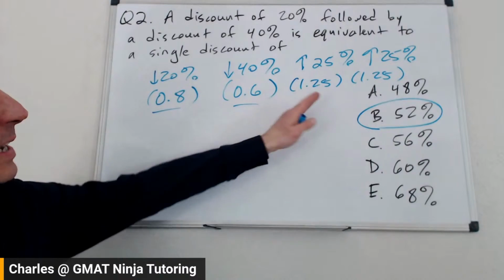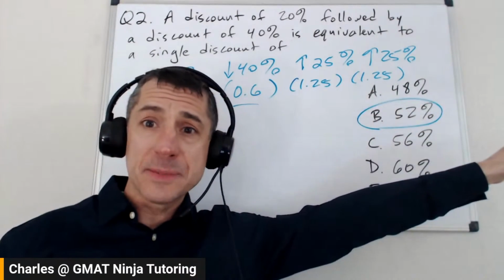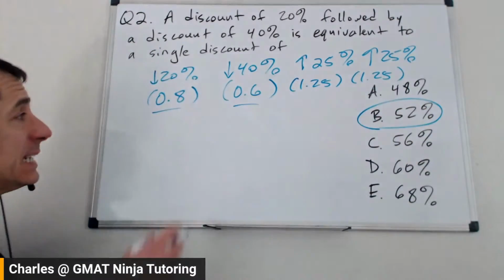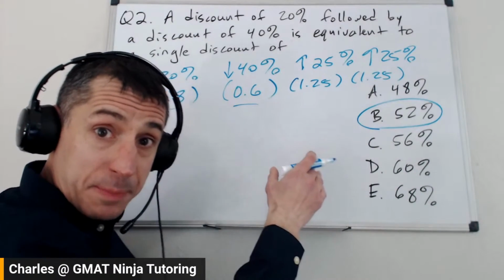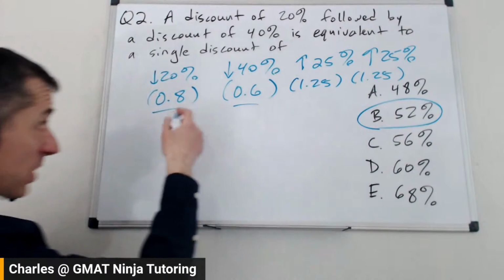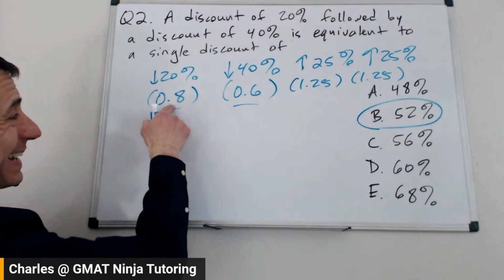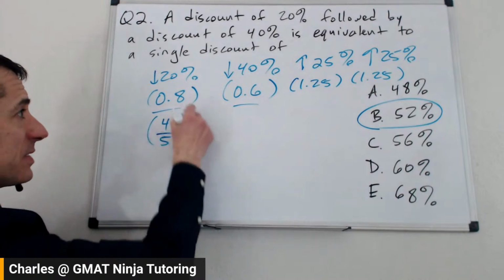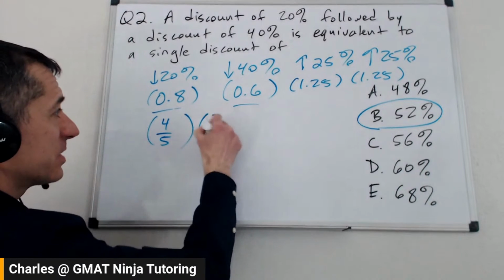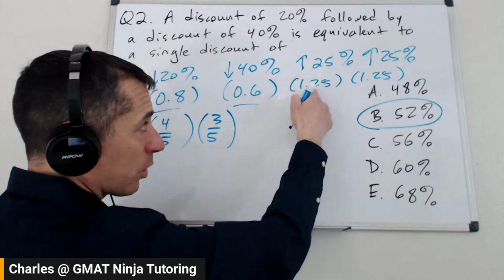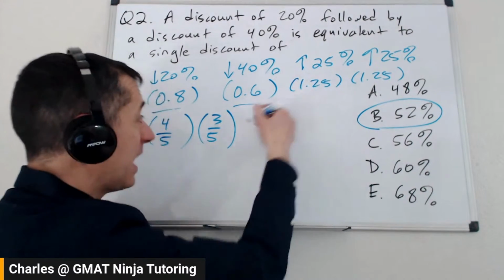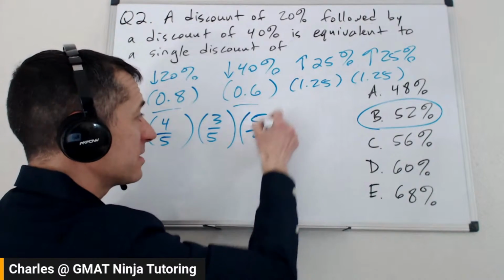So what are we talking about here? Well, you could just multiply out a ton of decimals. Is that going to be good for you? Maybe not. But what about using fractions instead? One of the themes we brought up in the arithmetic video number 3 in the starter kit series. Well, 0.8 as a fraction is 4/5. 0.6 as a fraction is 3/5. 1.25, well, if we go up by a quarter, we've got 5 quarters. 1.25 is 5 quarters, 5/4.